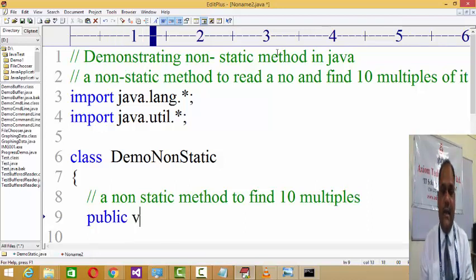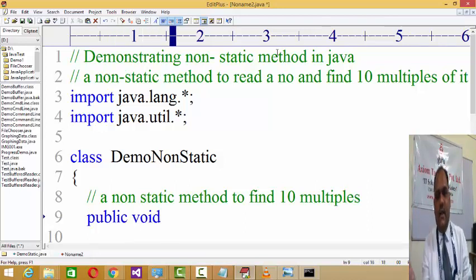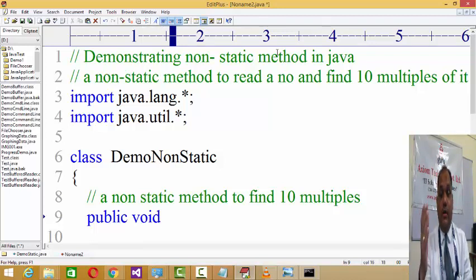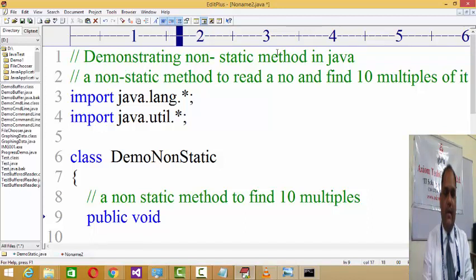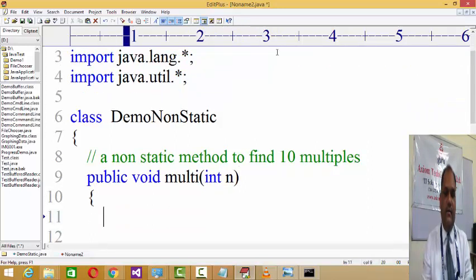You are not supposed to write static now. The reason is static methods can only process static data, and they require the class reference when calling. If you want to define the non-static method, then public void, maybe multi is the method name, and it requires a number as an argument. And then here you need to generate the 10 multiples of a given number.